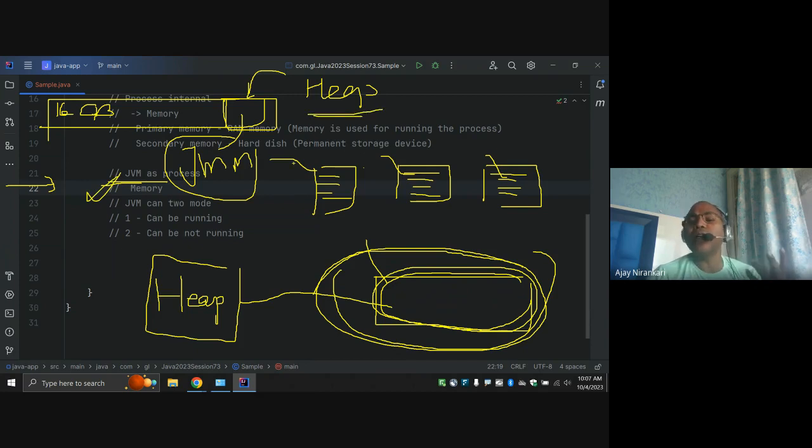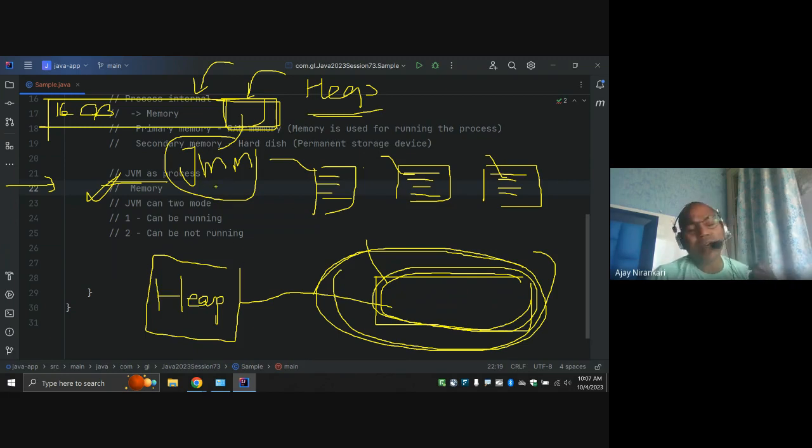But logically, it is part of your RAM memory, because whenever our system has 16 GB RAM, I cannot say, hey JVM, you take 16 GB. Then how can the operating system give memory to other processes, like the file system, input output, input devices, audio devices? So generally, whenever we start our Java application, we give some configuration.